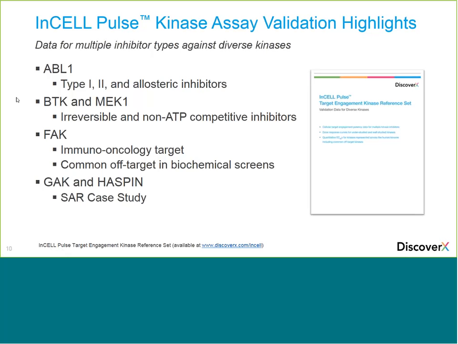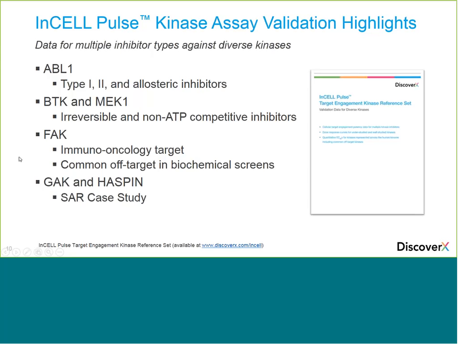And FAK is also a common off-target when we do biochemical inhibitor screens on diverse inhibitors. So there's a lot of opportunities here. And then I want to focus on some understudied kinases where we're working with the SGC to help them build potent and selective probe compounds that have cellular activity,